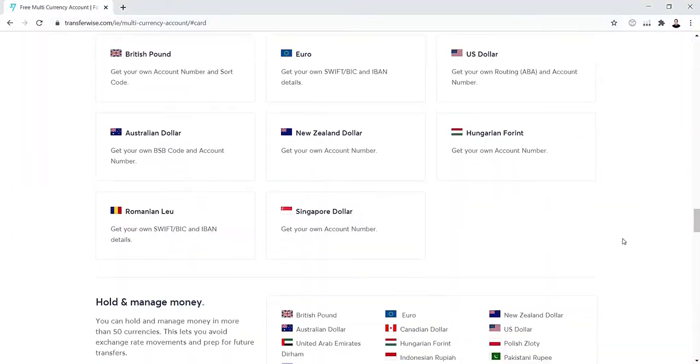So I think right now they have operations in more than 50 countries. As long as they keep setting up their own Transferwise branches in different countries, you're able to make full use of these transfer facilities and transfer money from one country to another at low fees to you as